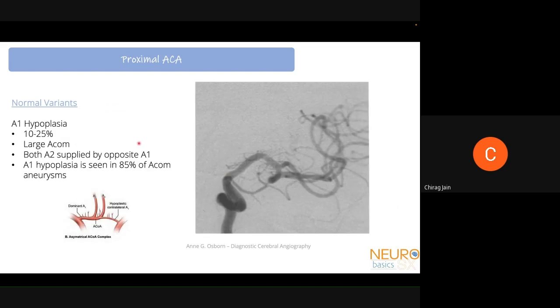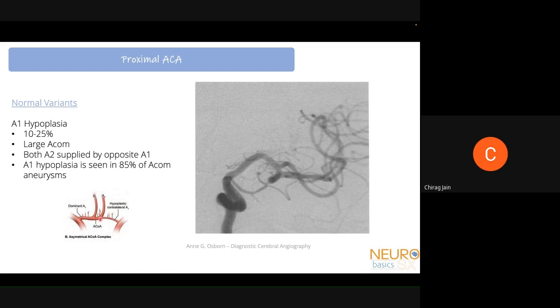So what are some of the normal variants that we might see with proximal ACA? There can be a very common A1 hypoplasia, and that happens in 10 to 25% of normal individuals. And as we know, the smaller one side A1 is, the larger an ACOM will be. So here, if the contralateral A1 is hypoplastic, we know that this A1, the dominant one, is supplying both A2s